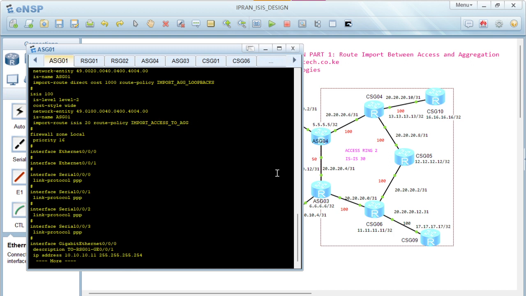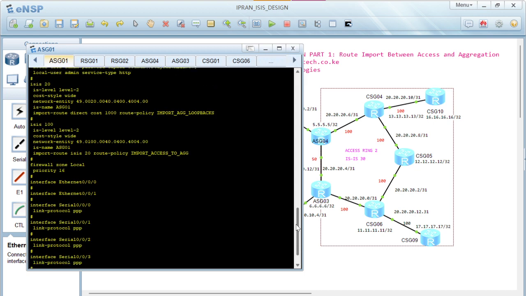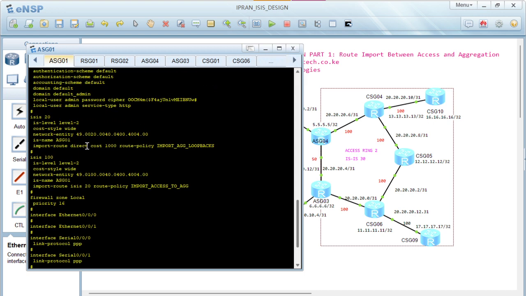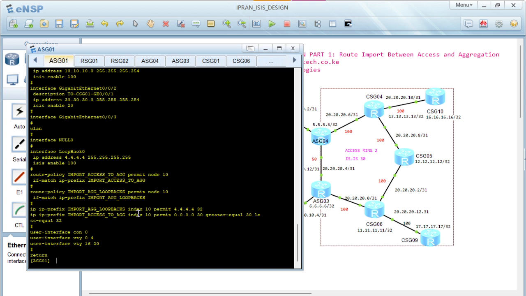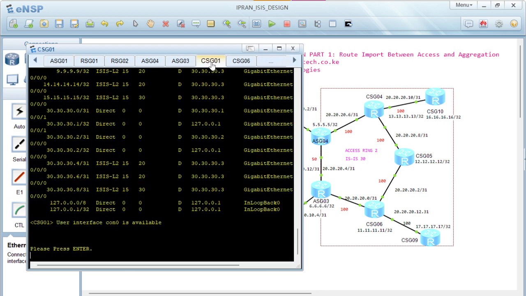Okay, we've imported it. Then this one we did import route direct cost 1000. We check again the route policies down here. We have 4.4.4 permit, and this. Okay, let me go back to CSG01,